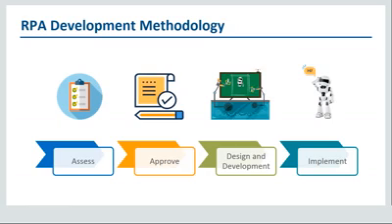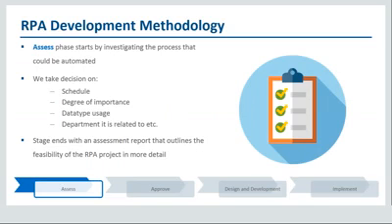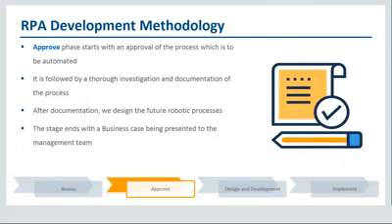So the first stage of a development methodology is assess, then we have approve, then design and development, and then implement. So let's discuss each of these stages one by one. So the first stage is assessing the requirements, right? In the first stage, basically you have a set of inputs that are given by your customers, and these customer requests are first turned into requirements by discussing what things are feasible, what things are not feasible, and then you come up with a list of requirements or specifications, a list of features that you want